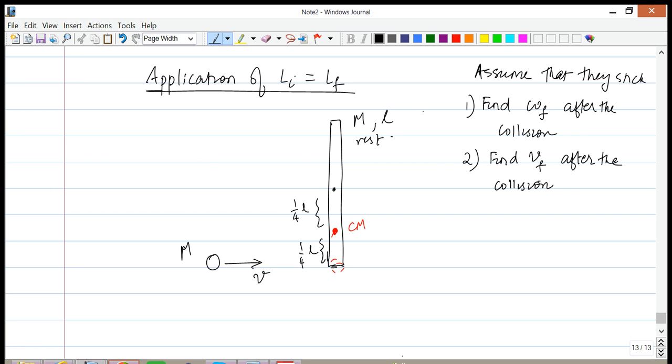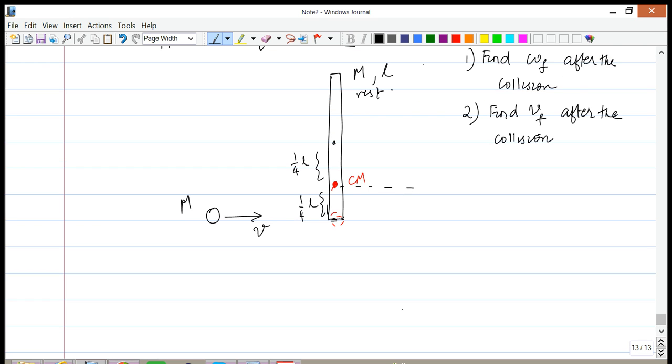Now all this will be important for the first part of the question, but let's answer the second part of the question first. The question is, with what velocity does the center of mass travel after the collision? We need to keep in mind that because it's a head-on collision, the center of mass right after the collision is going to keep moving to the right, and we can figure out that velocity by using pi equals pf. In this case, we can use pi equals pf because there are no external forces. All the forces are internal to the system.